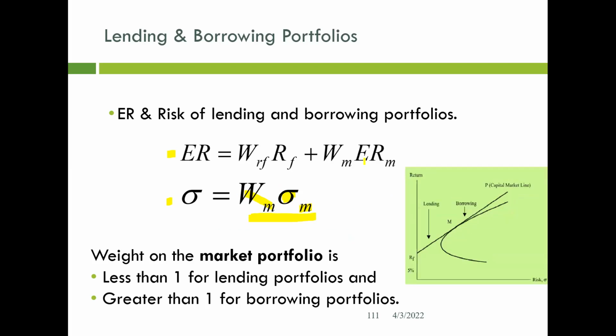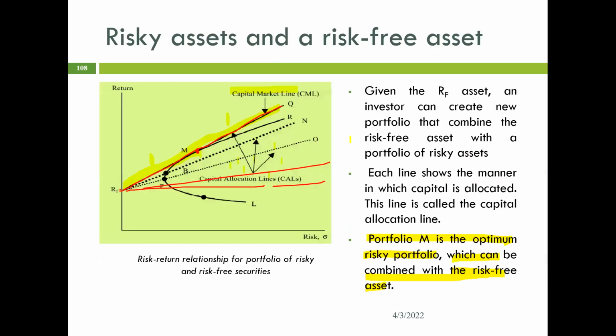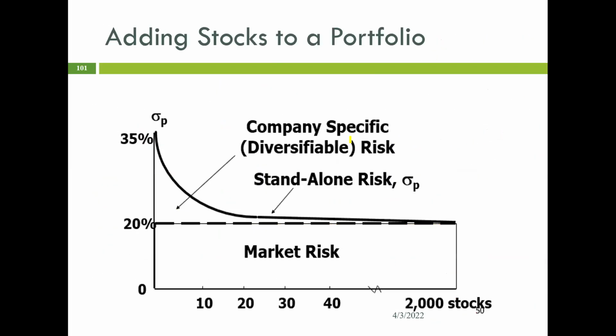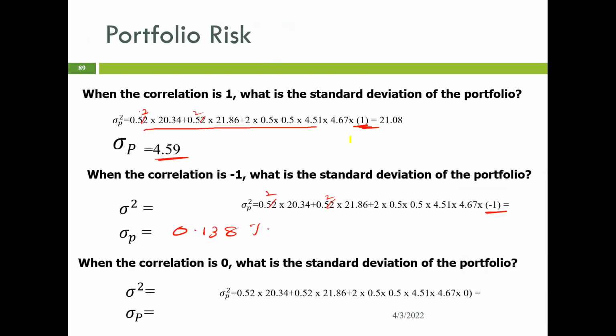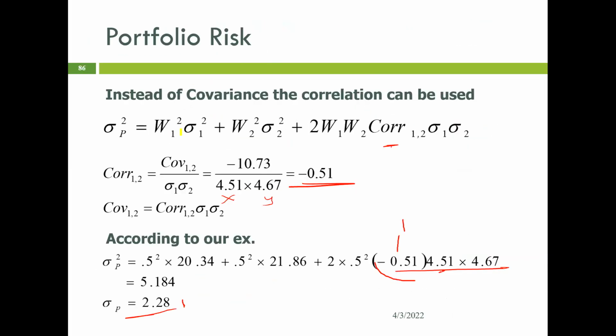Just remember this double summation equation. Let me simply elaborate. In this equation, we take the portfolio's return. Let's think of this as the market portfolio and this as the risk-free asset. The risk-free asset's risk is 0, so this part becomes 0. There is no correlation with the market, so that also becomes 0. So finally,